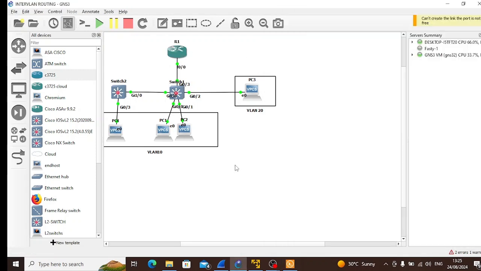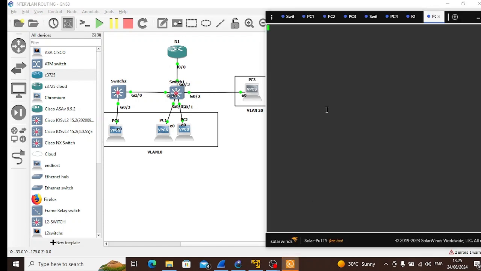So there's one more thing we didn't do yet. I have to put an IP address on this, and we can test connectivity, which I know is not going to work, but that's why we're doing this lab. So IP address. Oh, am I doing this? I keep doing this all the time. I'm sorry, guys. 20.2/24